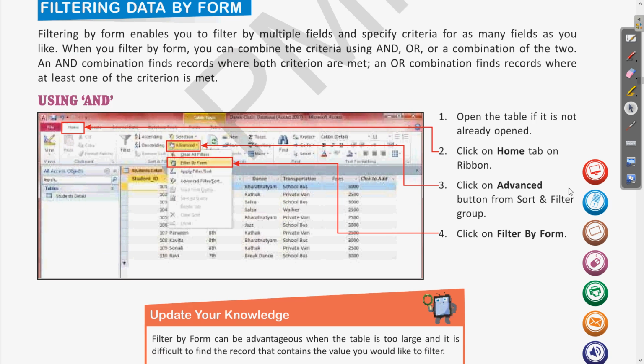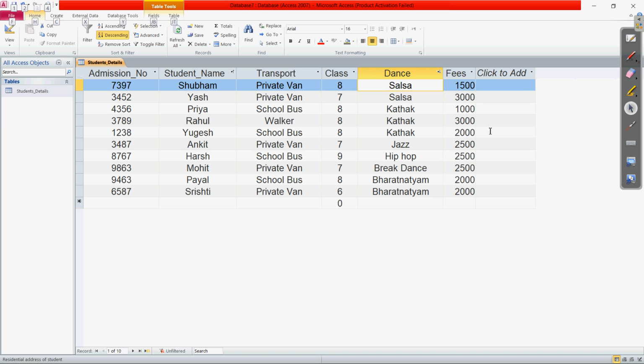So for using the and, we will go to the advanced feature. So if I come to the database, right now we have the data in this form. Here it is sorted.